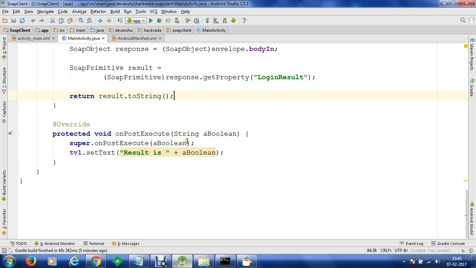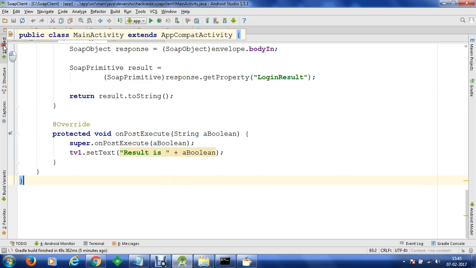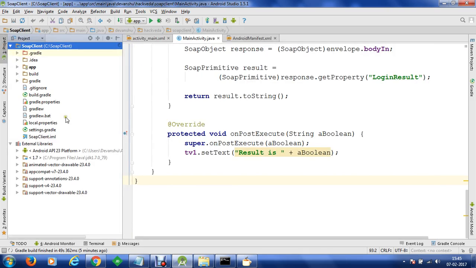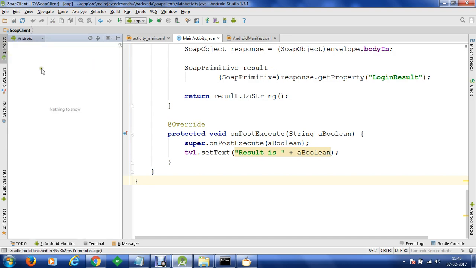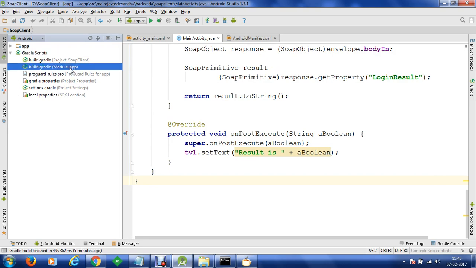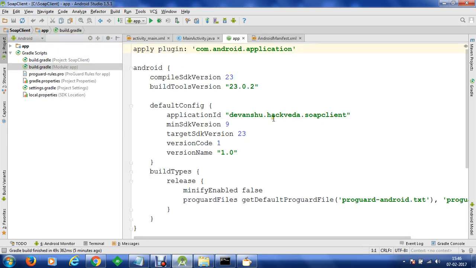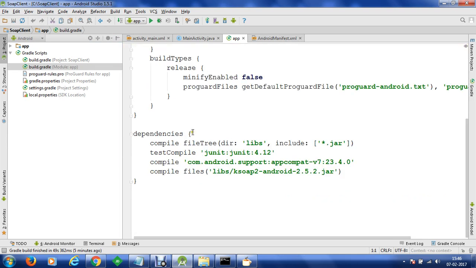To do this, we'll go to the application project. Within the project directory, we go to SOAP client here. Within this, we'll switch to the Android project view. Within the Android menu, we have Gradle Scripts for this application. We'll go to module app, and now within the build types you can see that we have some properties available for the release build. minifyEnabled is disabled at the moment, so I'm going to change it to true. So minify will be enabled for my project.